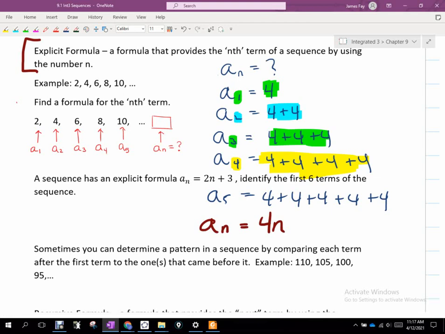Or 11. Okay? But here, what are we seeing that is happening with this sequence? If n is 1, n is 2, n is 3, how am I getting these values in the list based off those n values? How do I go from 1 to 2, and then 2 to 4, and then 3 to 6, and then 4 to 8? It's multiplying by 2 each time, right? And that's something you have to realize, that it has to happen the same way every time.